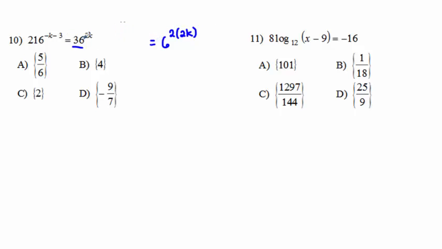So once we realize that 36 is 6 squared, we'd want to guess and check on our calculator to see if 216 is 6 to some power as well. It is 6 to the 3rd power, and so inside of our parentheses we're going to put the exponent it already had. Now that they're both 6's, we set the exponents equal to each other,